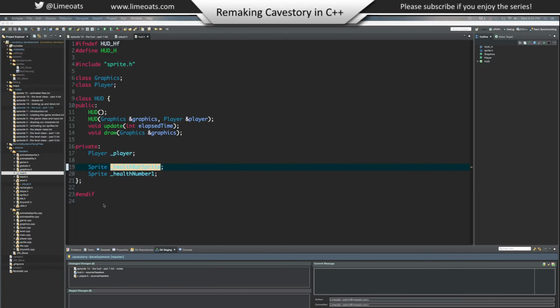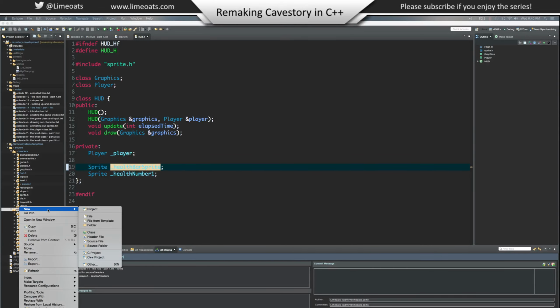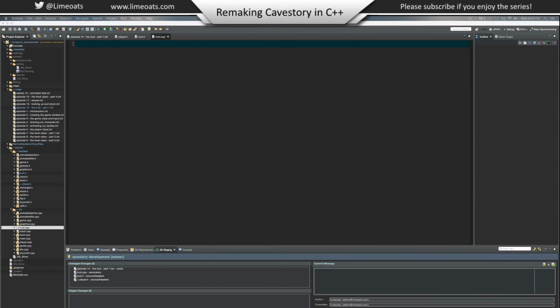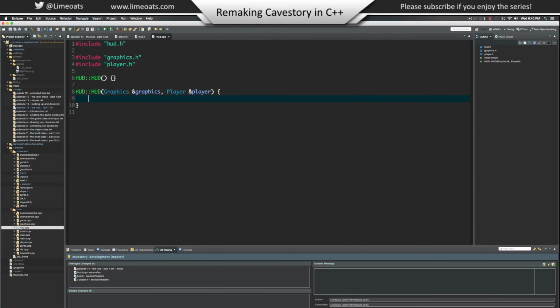So now let's create hud.cpp in our source folder. So here we're going to say include hud.h and include graphics.h and include player.h. So our default constructor we're not implementing now. Now our real constructor. So before we do this, we need to get our